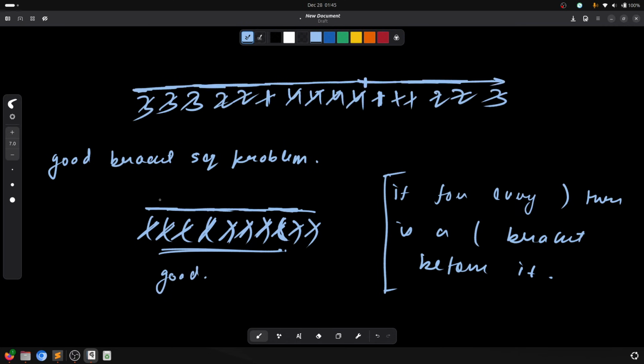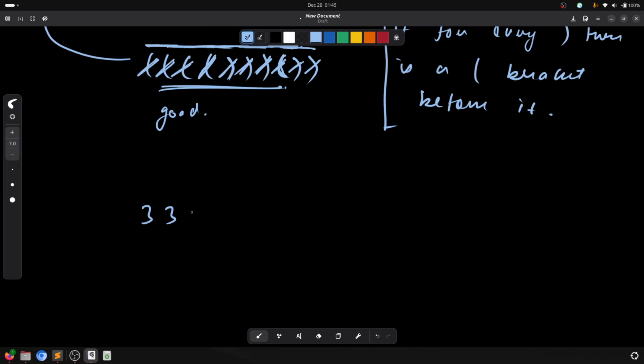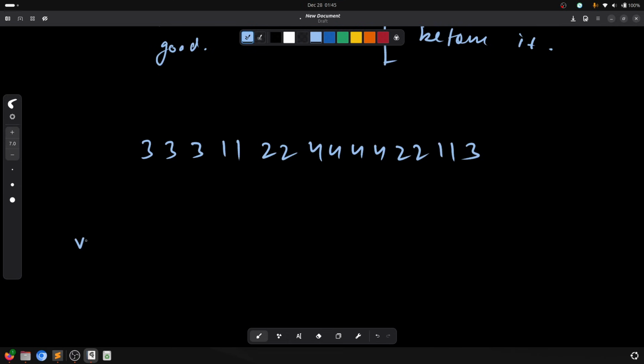So we can apply the same type of logic to this problem. For a given array like this, 3 3 3 1 1 and let's say 2 2 4 4 4 4 2 2 1 1 3, we can maintain another vector which will be initially empty. We put this 3 here since it is empty, then this 3, then this 3. Then we have 1, then 1, then 2, then 2, then 4